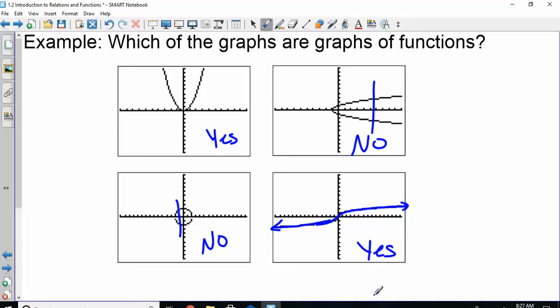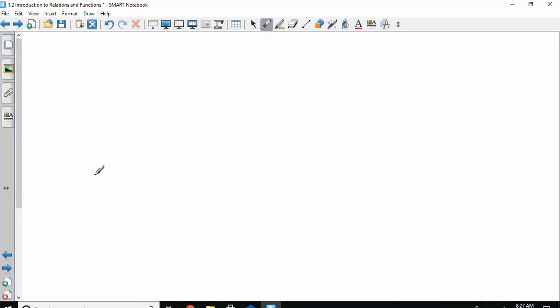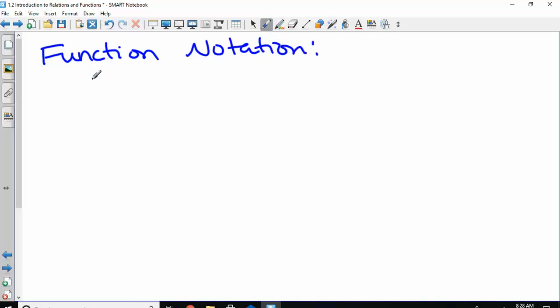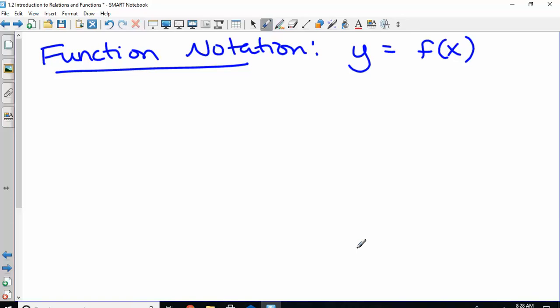Let's talk just a little bit about function notation. And I have a couple examples with that, and then I'm done for the day. So in function notation, that's when instead of a y, you have an f of x. Okay, if I said like f of 2